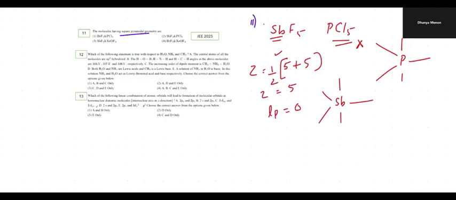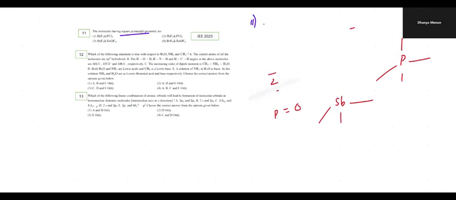Next comes the third one. The third option is also wrong for us because SbF5, we just checked, doesn't have a square pyramidal shape. So this option is wrong. Now coming to the last option, the fourth one,